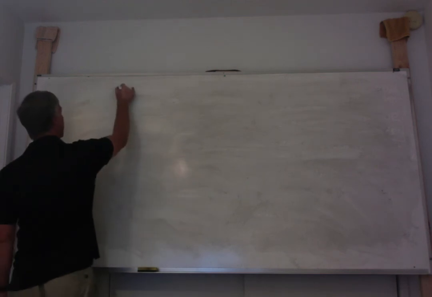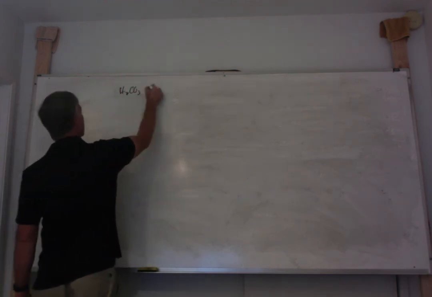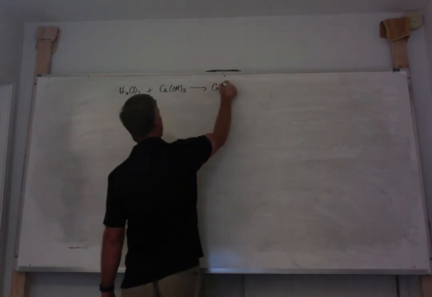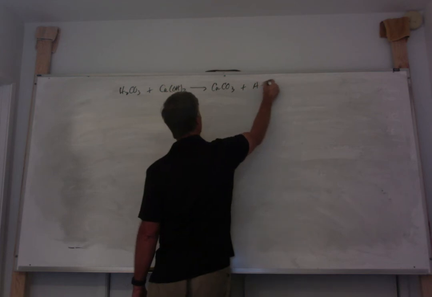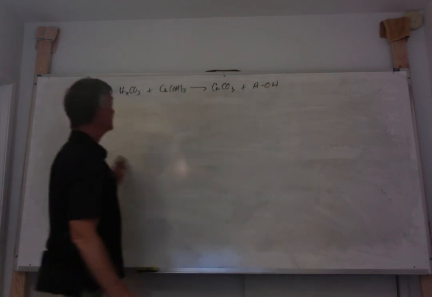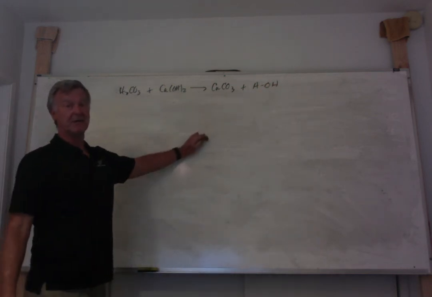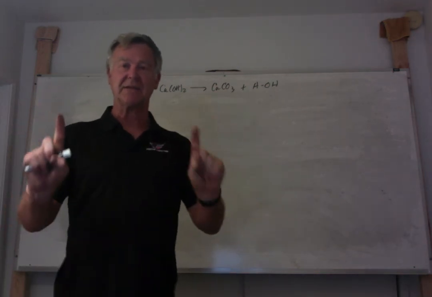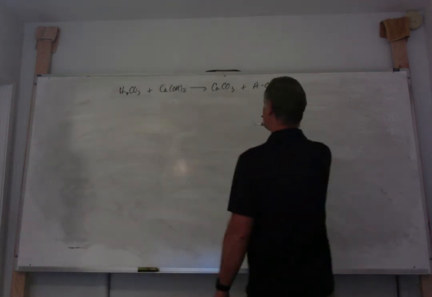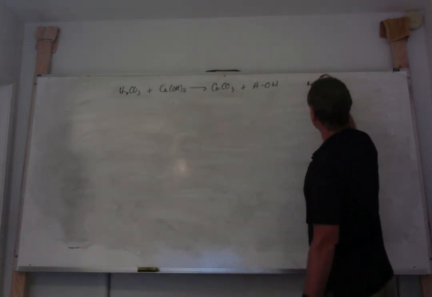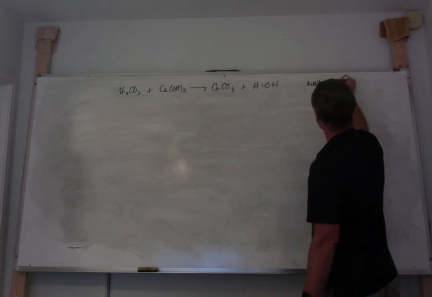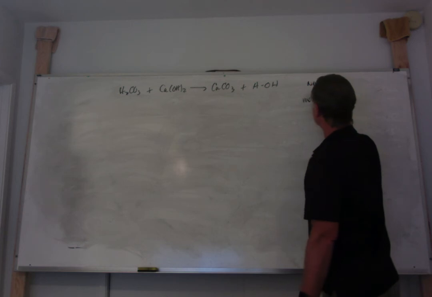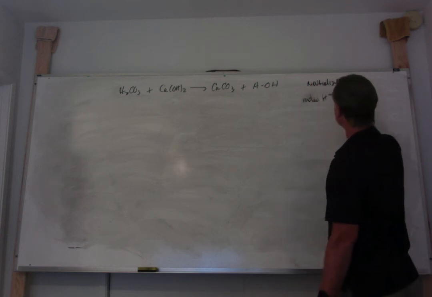If we had H2CO3 plus calcium hydroxide, and that gave me calcium carbonate plus HOH, I actually don't need this balanced to be able to do it. What a neutralization reaction does is it means that we have exactly the same number of OHs and Hs. So when we are neutralized, we have the moles of H plus is equal to the moles of OH